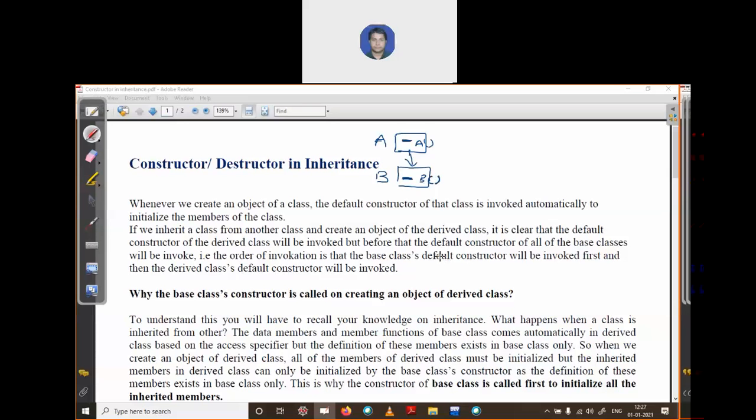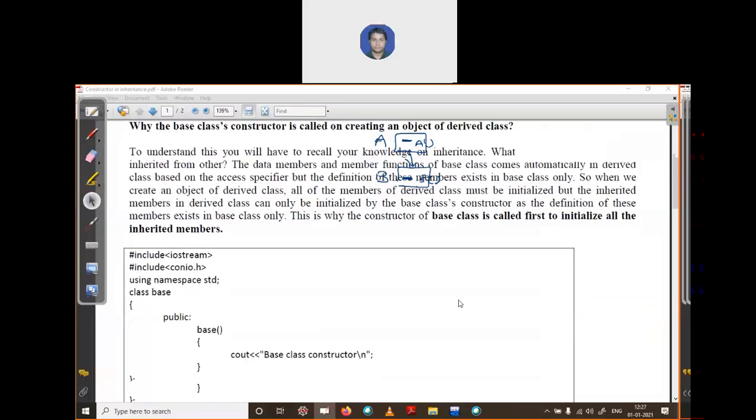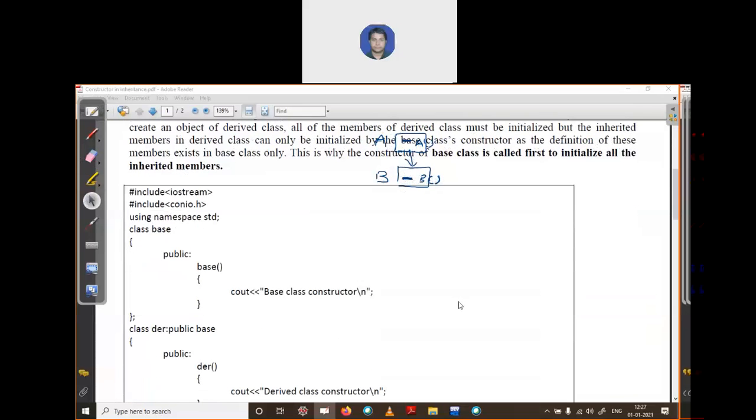So I will write one program for this concept. Let's see. This is our program. First, I start this program with the header files iostream and conio.